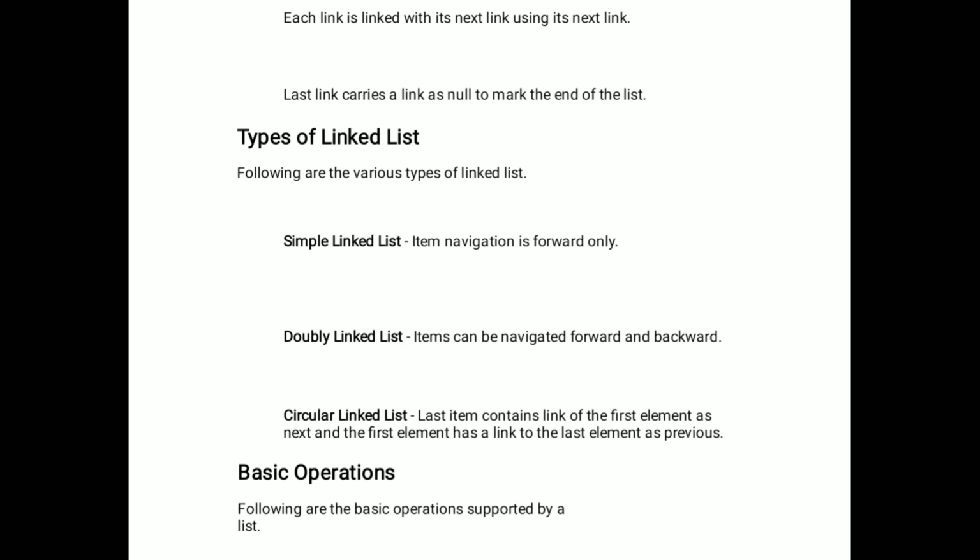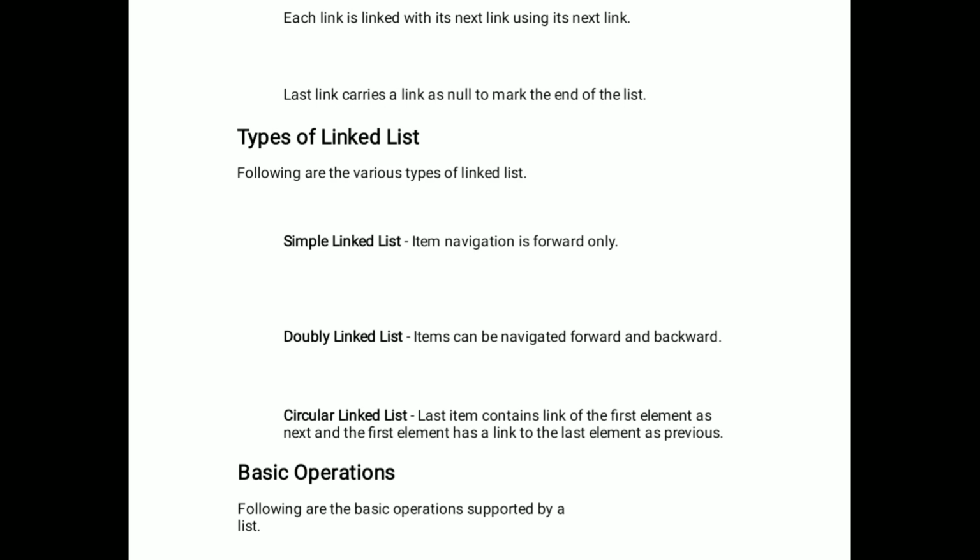When coming to the single linked list, the navigation is only in the forward direction. After completion of one node, we have to move to the next node only. In the double linked list, the items can be navigated in both the forward and backward directions.